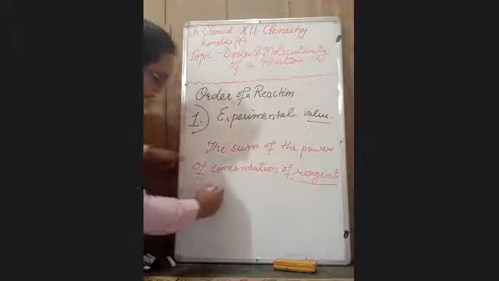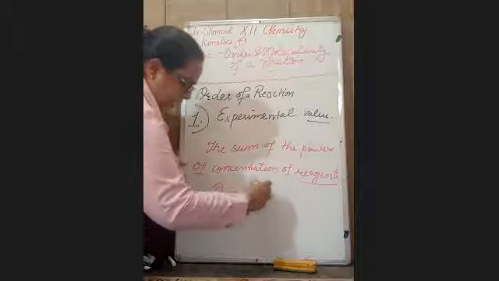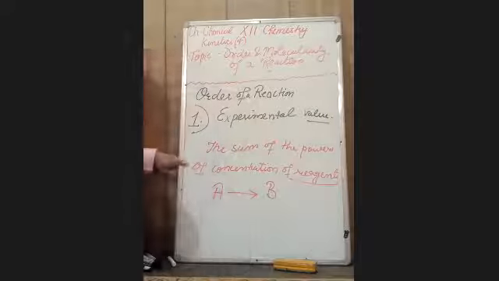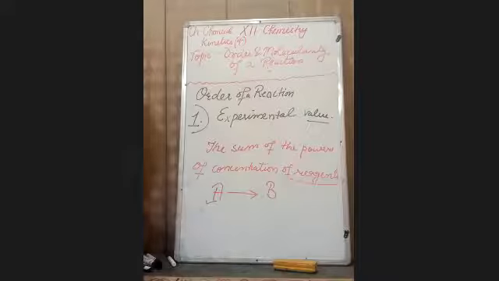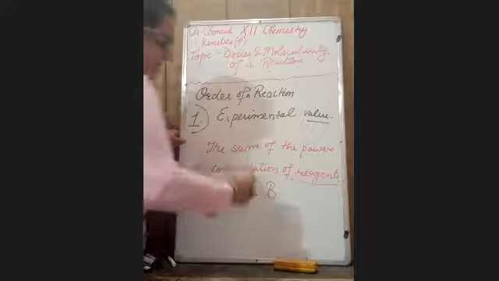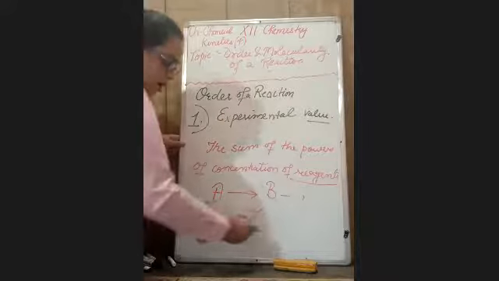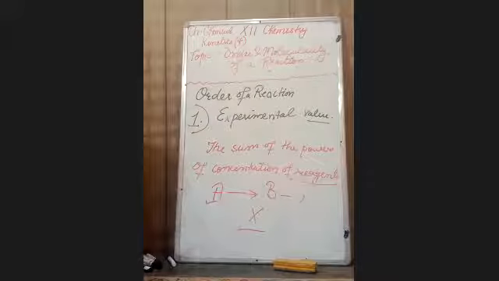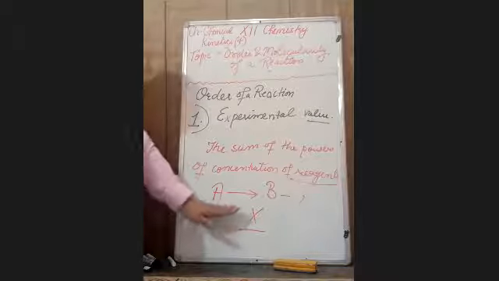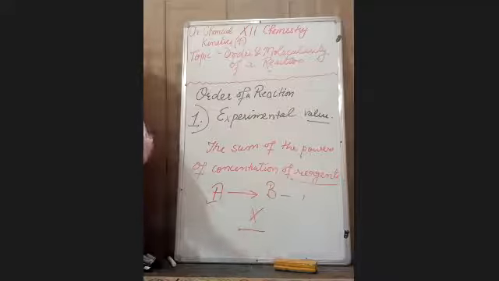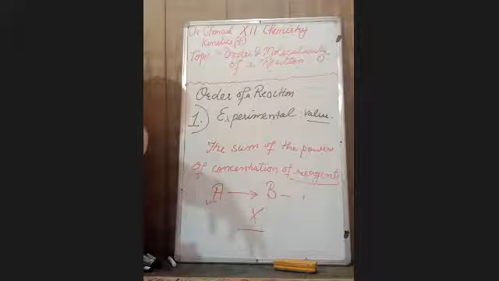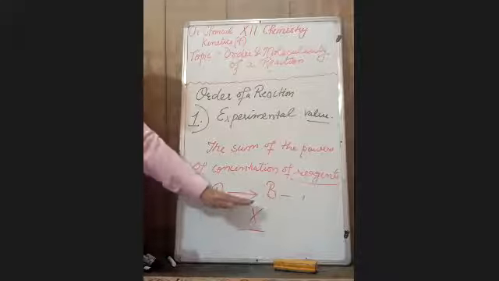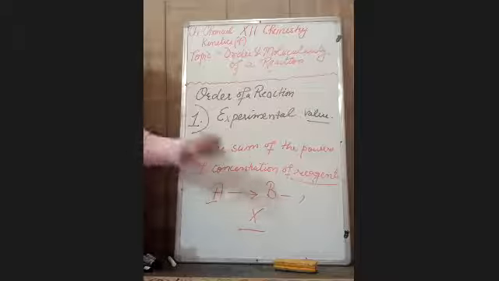See, suppose I say this is the general equation in which A is the reactant which is forming B, the product. If I ask you to write the order of the reaction and you say, ma'am, it is 1, this is wrong, because we cannot tell the order of a reaction by only seeing the chemical equation. It is experimental data. We have to perform experiments in the laboratory and check the order of a reaction. We cannot tell the order of a reaction by only seeing the balanced equation. No.